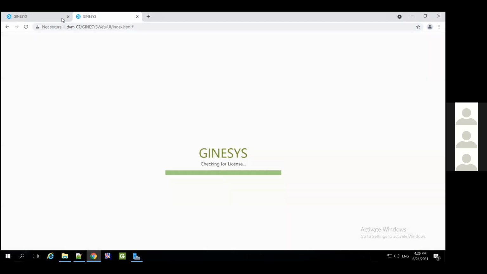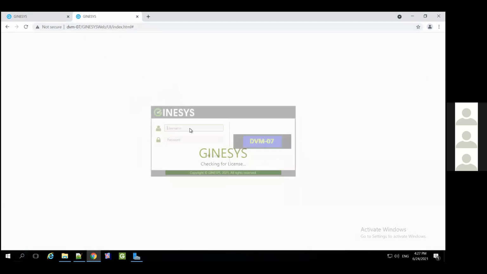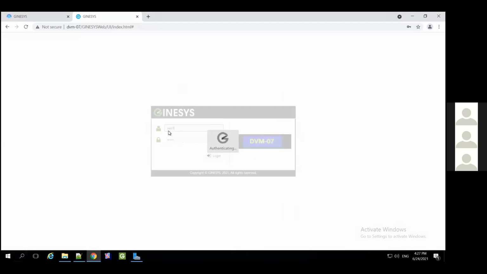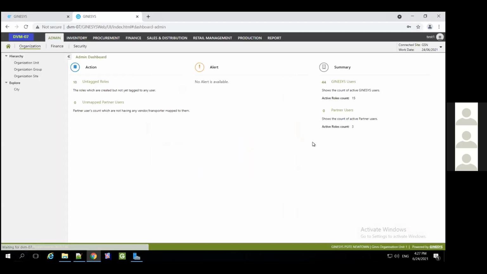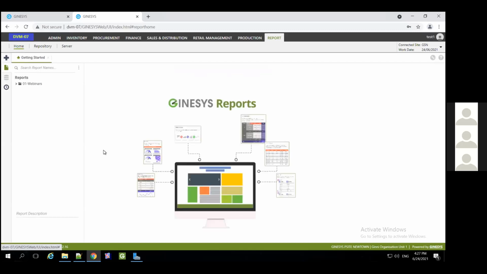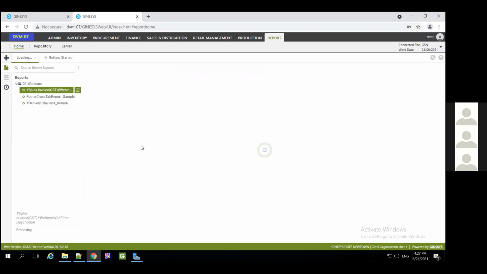Okay, that's a problem. I need to have 2 simultaneous logins to make this quicker. Anyway, so now what I did was I provided access to this particular role. This user is already mapped to that particular role. So earlier he was not able to execute his report. Now once I have provided the data objects, if I run this report, it will now execute.